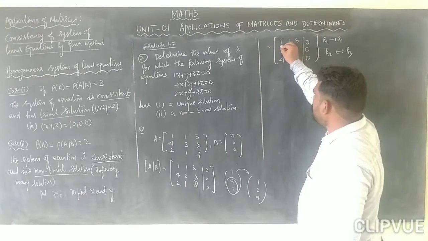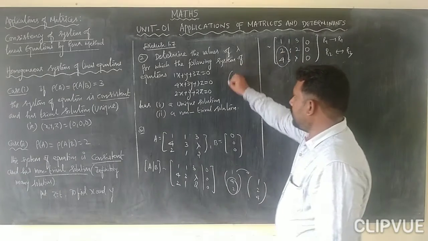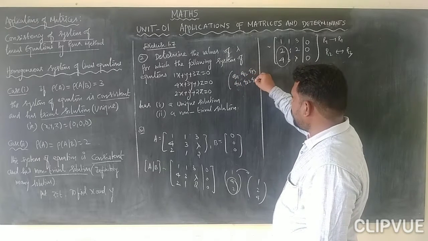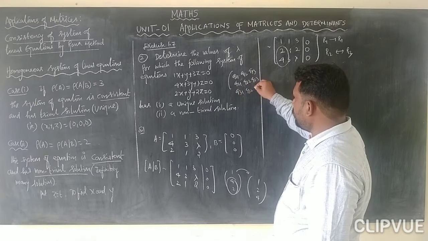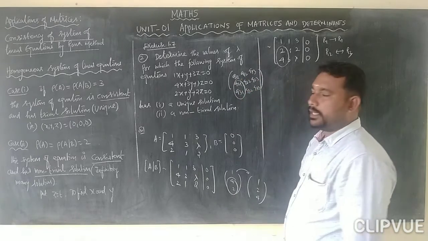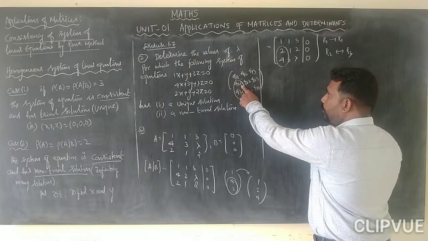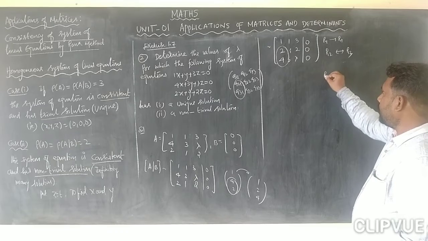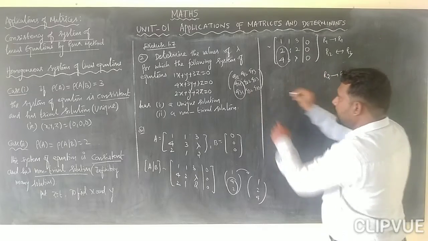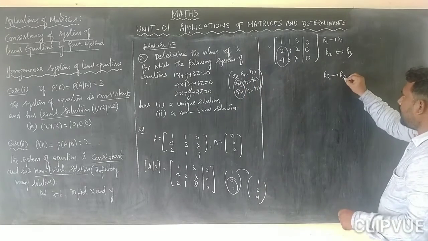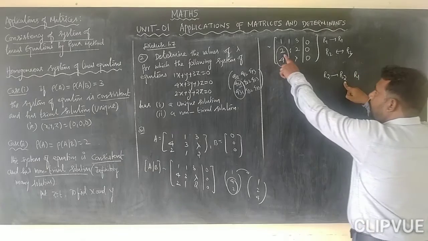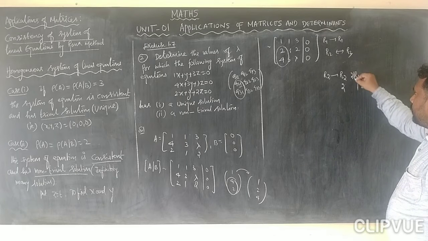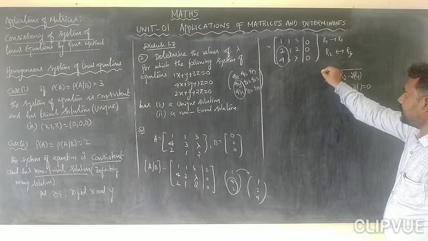Next, these two terms are converted to 0. The entries are a11, a12, a13, a21, a22, a23, a31, a32, a33. A21 means row 2. Row 2 is converted to 0 using R2 and R1. R2 value is 2, R1 value is 1. Therefore, to convert to 0, R2 becomes R2 minus 2 times R1.